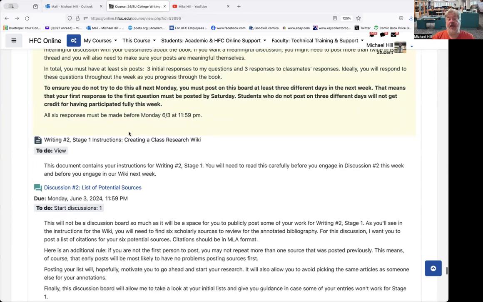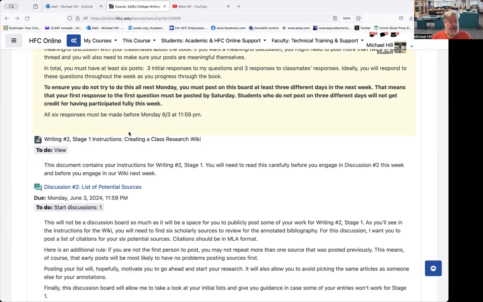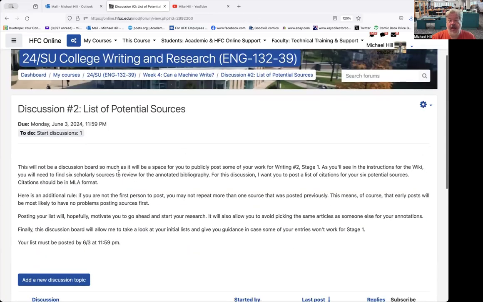So you've got to create an annotated bibliography. We've got the assignment down. Now we're going to talk about doing some library research just to get you started, because for your discussion 2, you are going to provide a